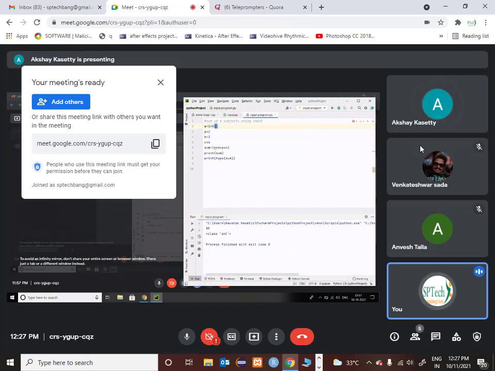Again input, one more function input, again open the brackets. Now open the quotes, double quotes, enter the value of a.